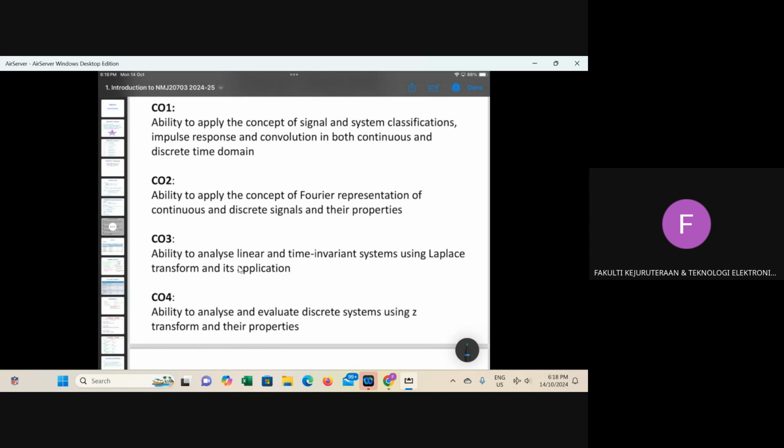So if you look here, what you have learned in maths 1, maths 2, Fourier series, Fourier transform, Laplace, Z transform, you're going to apply it here in this course. Okay, so that's why maths 2 is prerequisite for this. It's important. Okay, so for you to master that first before you register for this course.